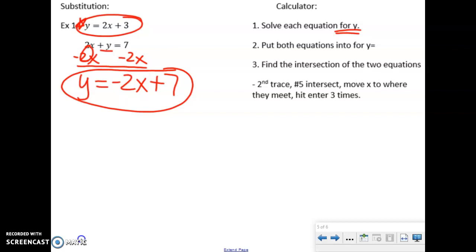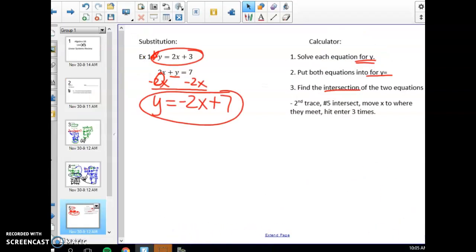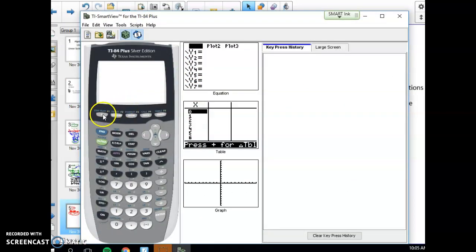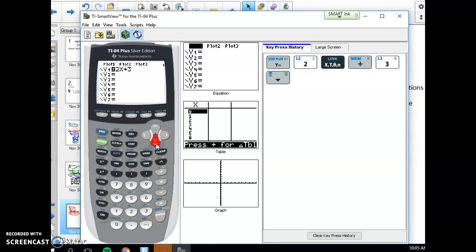Now, put both equations into y equals, and then we're going to try to find where they intersect. So, to do that, I press y equals and enter what I've solved for. So the first one was already done, 2x plus 3, and the other one was a negative. So when you have a negative, make sure you use this button down here underneath the 3, and that is negative 2x